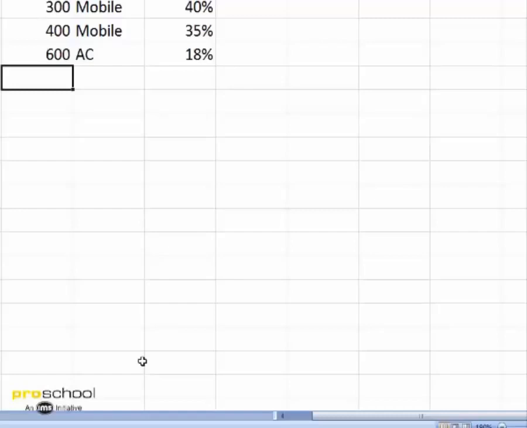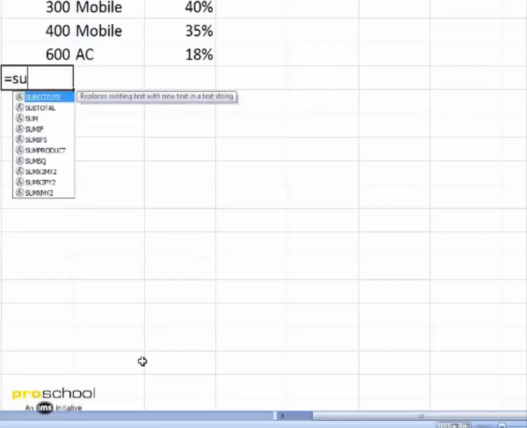I can say equal to SUM. The moment I type any function, as we saw, you have the entire help which comes to you in terms of what all functions are there. In addition, you also have a description which says adds all the numbers in the range of cells.